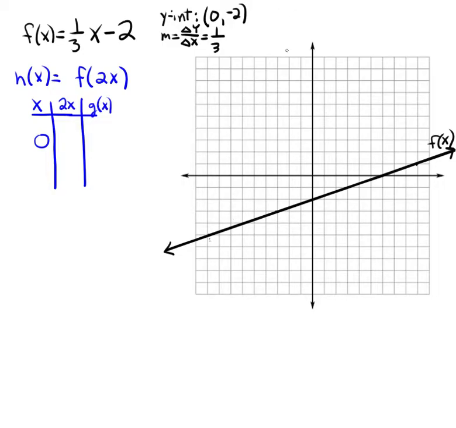We will transform our function in the x values, and we can see that in our equation right here when we have our multiplier inside. Now this is the trickiest one of them all because it gets a little bit confusing, so we have to first get our function and then really look at how it is affected by a table, like really what's happening in the mathematics. So we have our parent function as 1/3 x minus 2, so our y-intercept is (0, -2),